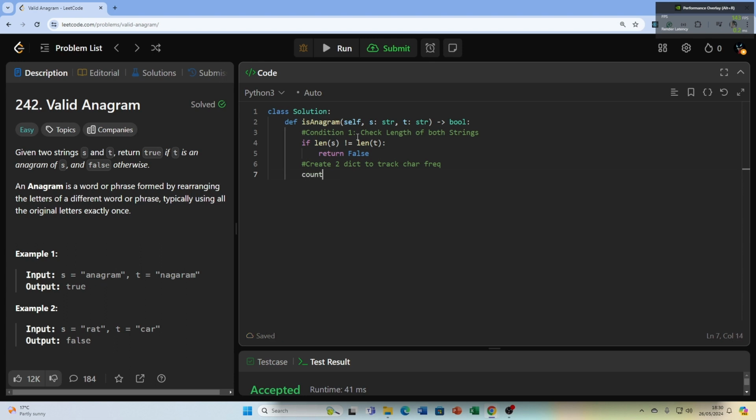Now we have to create two dictionaries to track character frequency. So we call it count s for string s, count t for string t, and we could create two dictionaries. So now we create a for loop to iterate every character in the string. So we do for i in